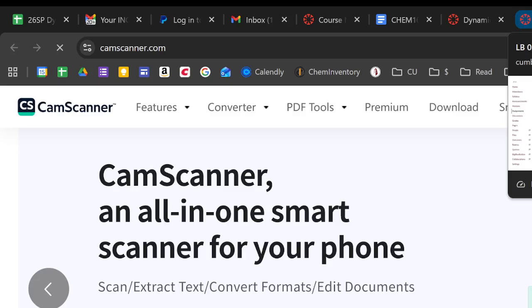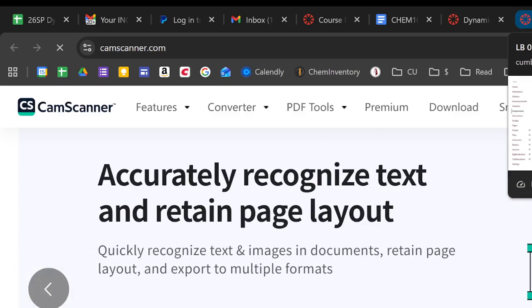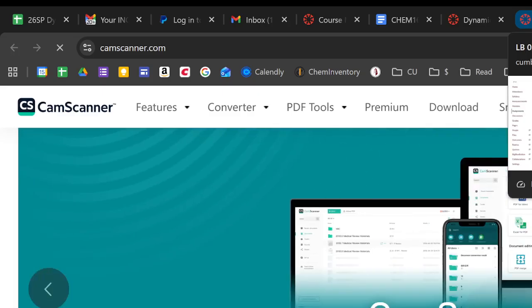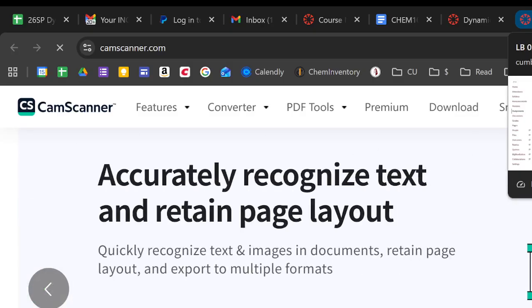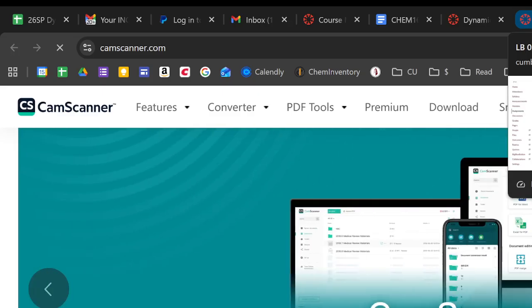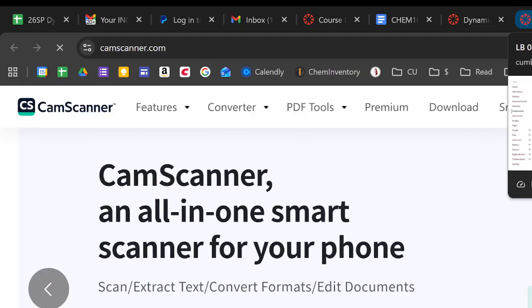And everybody keeps telling me it is just as good or better than Cam Scanner. No, it is not. It does not do a good job. Okay? Neither does the Android one, so I don't care what type of phone you have. Get Cam Scanner. There is a paid one that does as well of a job. This is the only one that's free and does a good job. Okay? And so you get Cam Scanner on a phone, tablet, whatever.